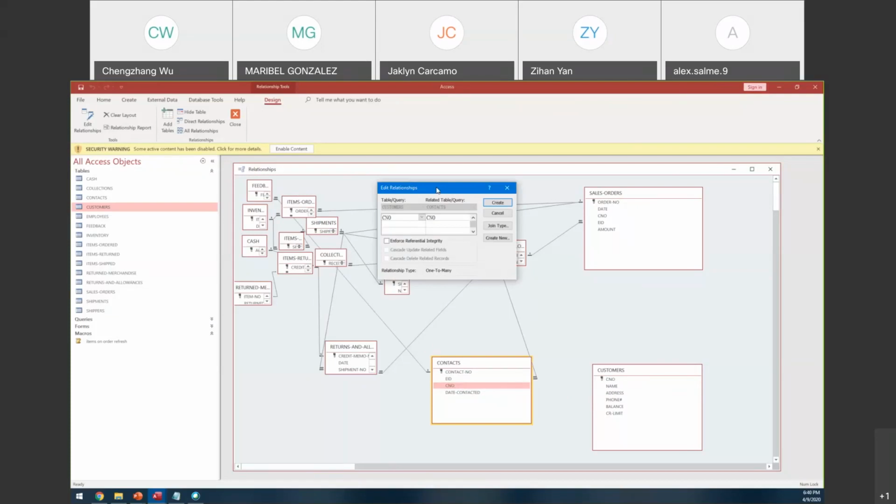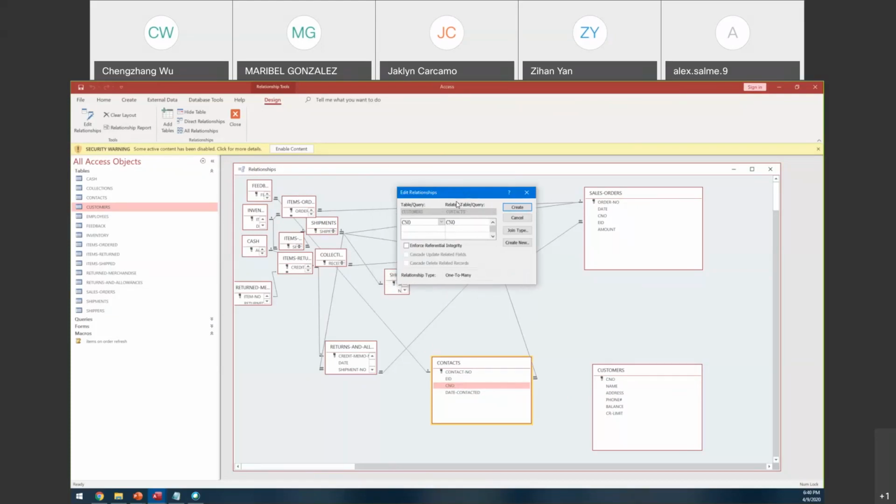So within this window, we can see the customer table, which is the master table. Within this table, we define CNO as the master attributes. And in the related table, which is contacts, we also define CNO as the foreign key. Well, in addition to that,